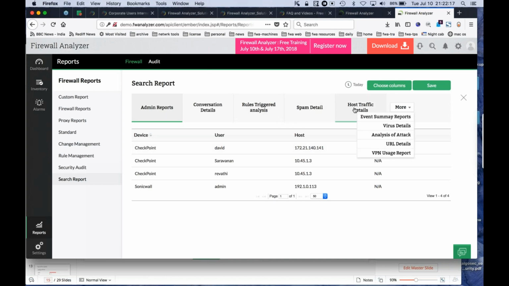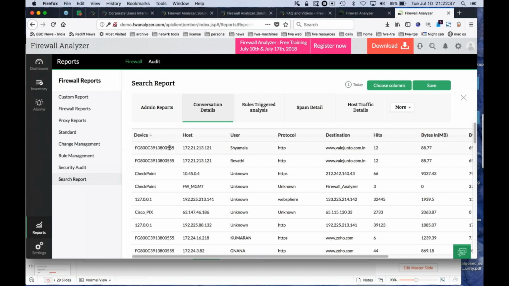So when I generate the aggregated report, it will give me a variety of information: conversation detail, admin report detail, rules that have been triggered by all the sources, spam detail if there is any spam, host traffic detail, URL detail, virus attack, all this information. So I want to see the conversation detail, what all conversations have happened. I can find out on which firewall the transaction happened, that is the device. I can find out from which source the transaction was initiated, which user did that activity, what protocol was used for that particular transaction, what destination or URL the user went to, and how many times he has